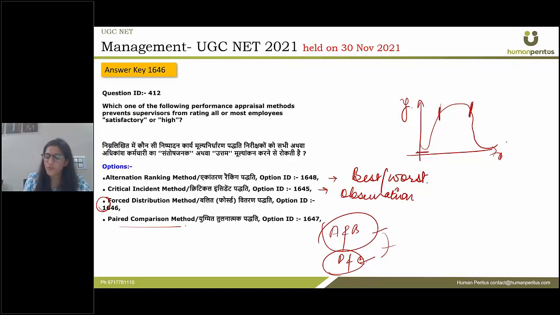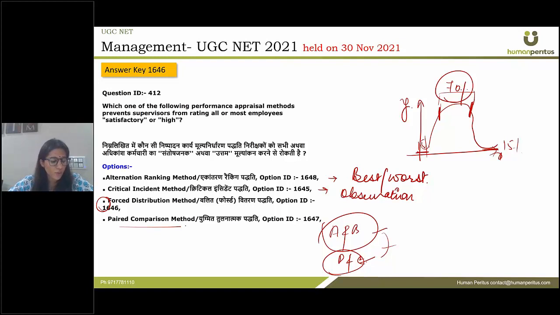The best performers or the poor performers basically lie on one side or the other extreme of the curve, and most of the employees, who are performing normally, are put on the middle section of the curve. For example, if there are 100 employees working, 70 would be falling in this part of the curve, 15% here and 15% here. All right. So this method takes into consideration the normal distribution curve for grading the employees.